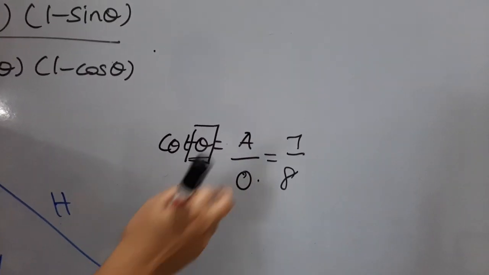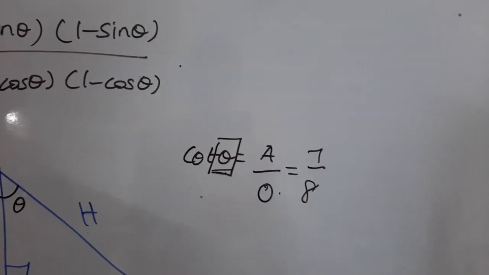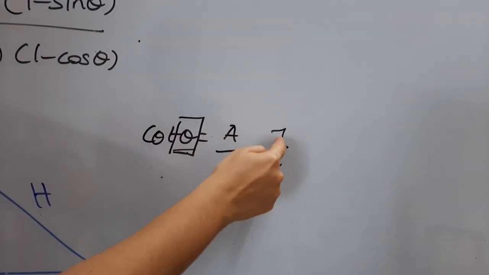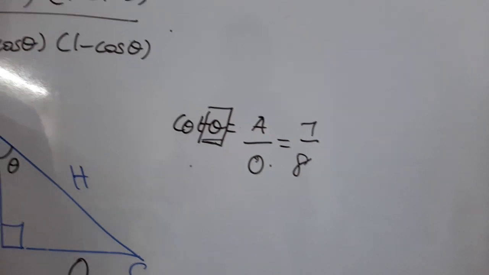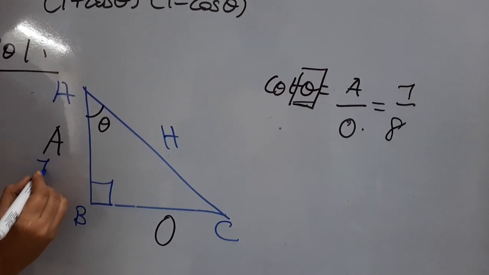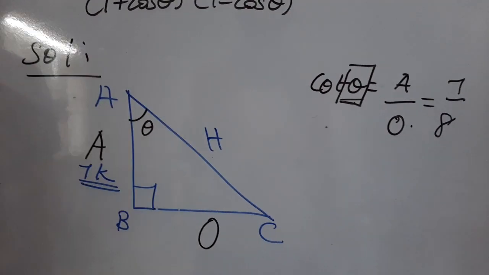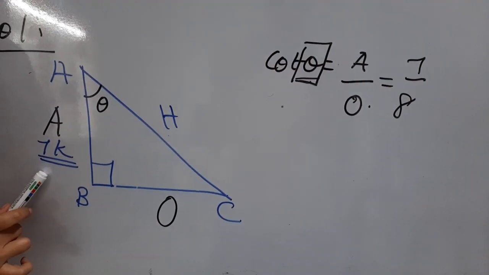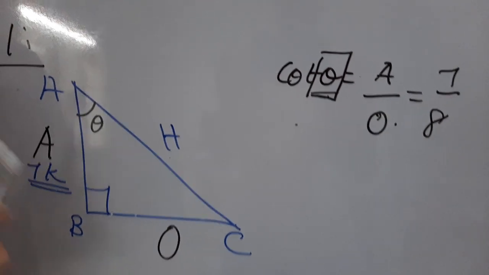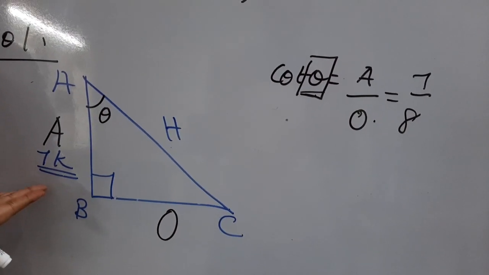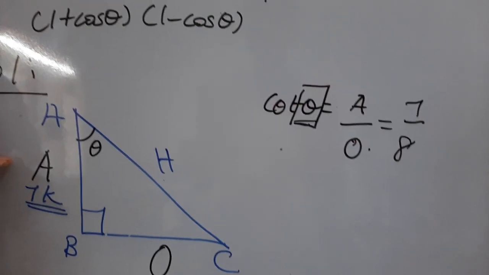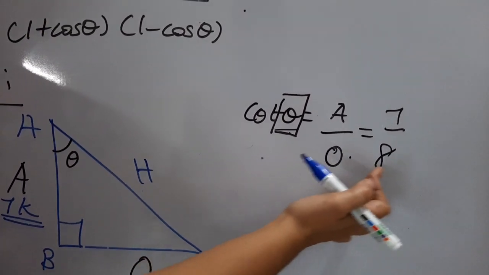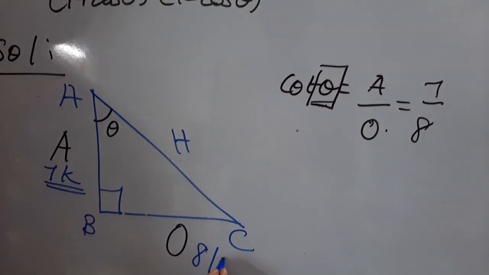When we are converting a ratio into a numeral, we will be introducing a variable, right? So here the adjacent side's ratio is 7. So the adjacent side value I am taking as 7k. Because 7 here is a ratio, when I am converting that into a numeral, I am introducing another variable because we do not know the actual value of this side AB, which is our adjacent side. So the adjacent side AB value is 7k and the opposite value I am taking as 8k.